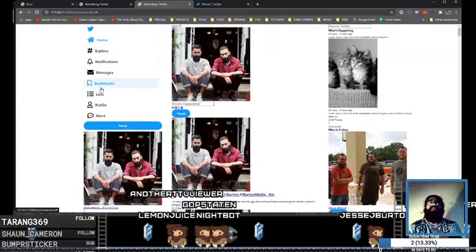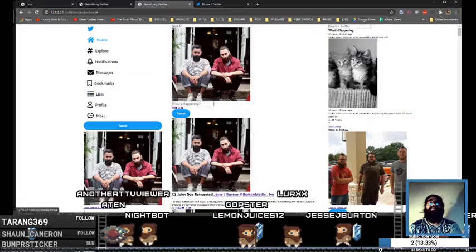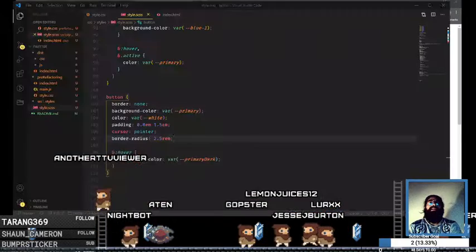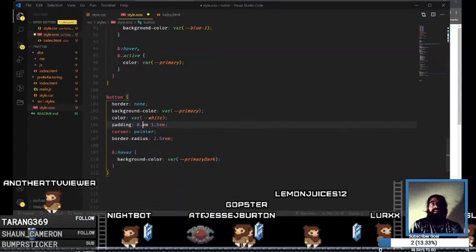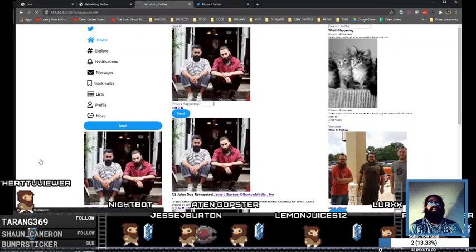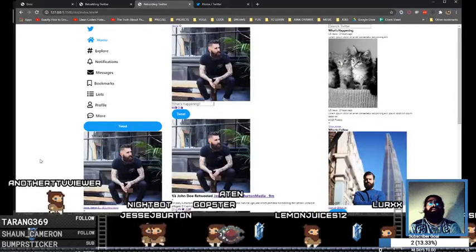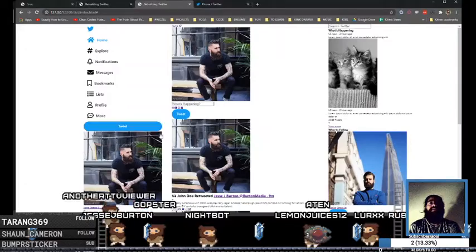Now I do need these to not stretch, but that we can work on next time. I think by default I'm going to make the button 1 and 1.5. Yeah. And then